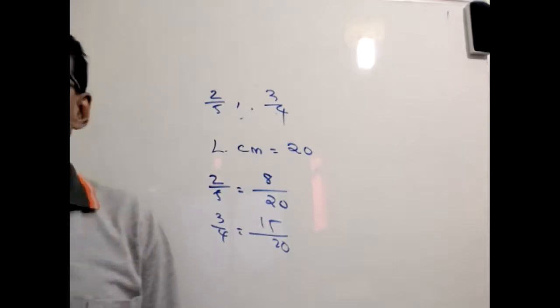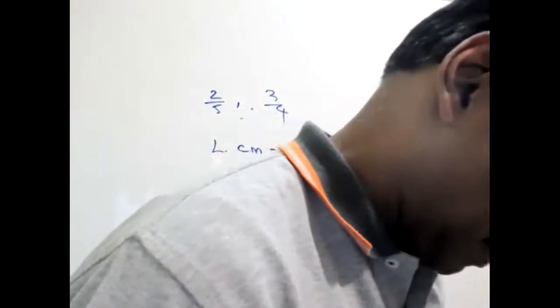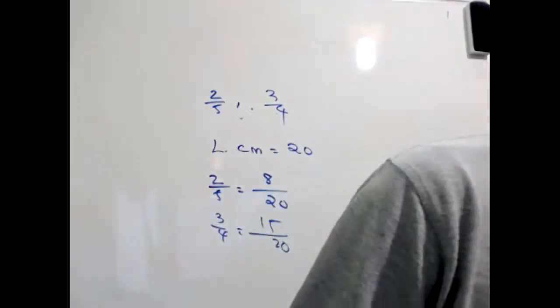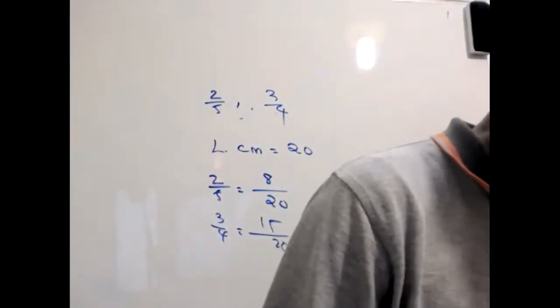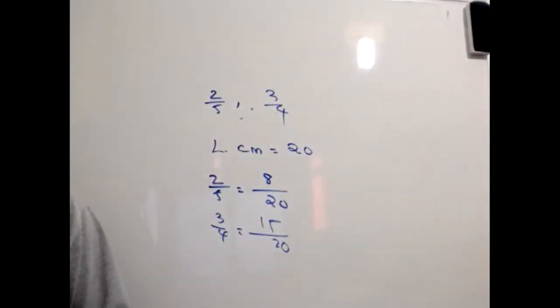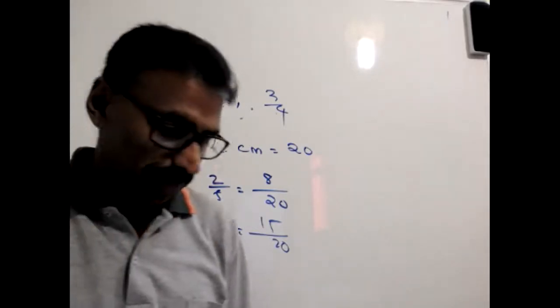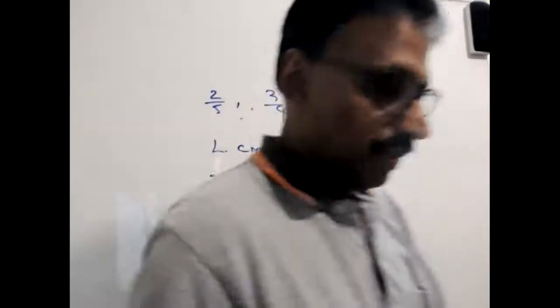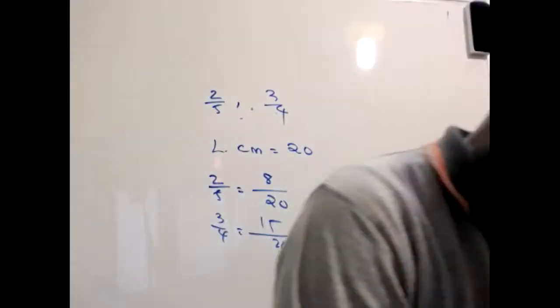Okay. So next question. Next one. Write a rational number. Write a rational number between root 2 and